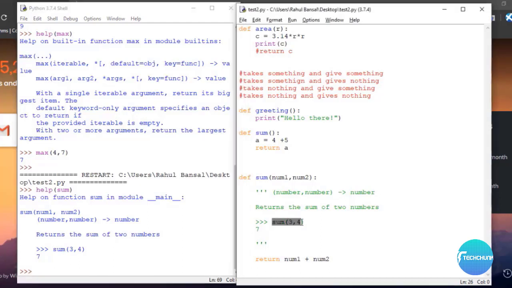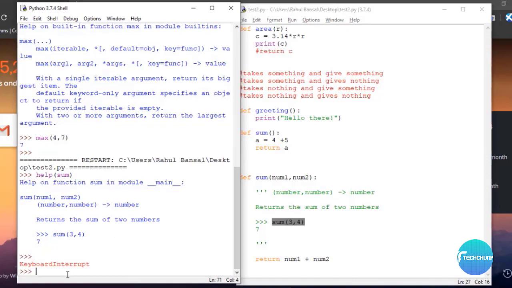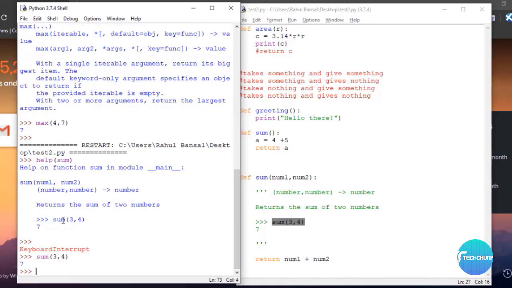So if you copy this or write this in the shell, you will get 7, and this is our test case which is true. We are getting the same value as we predicted, so our function is working fine.